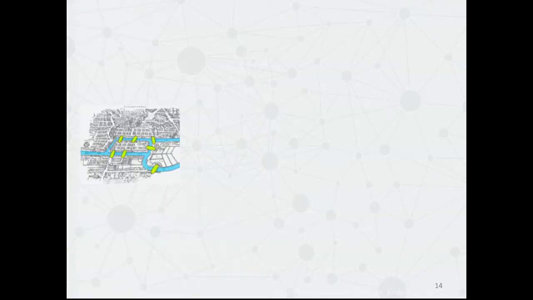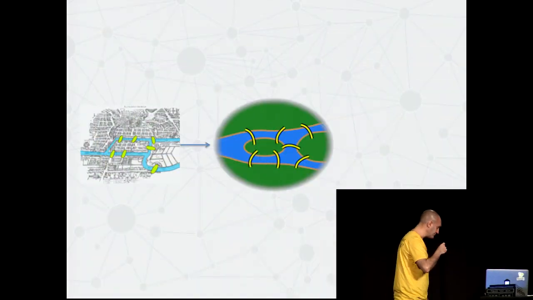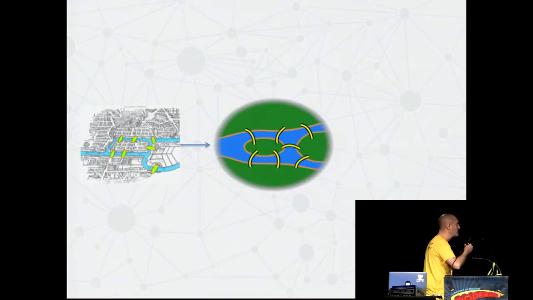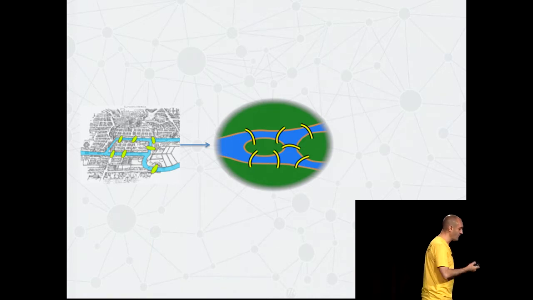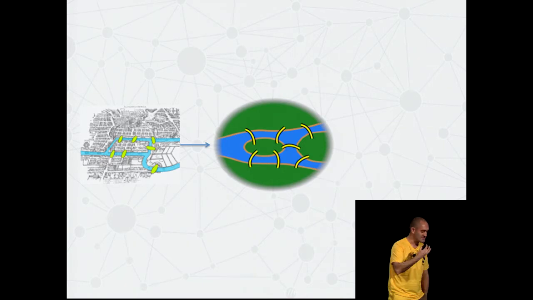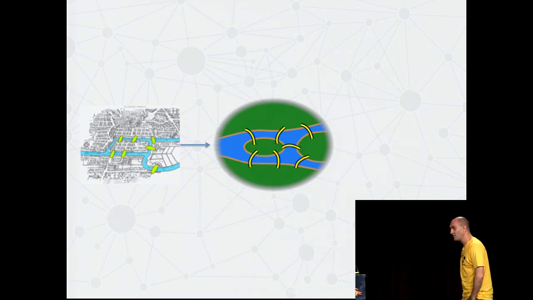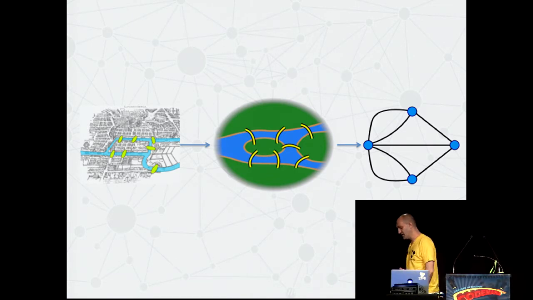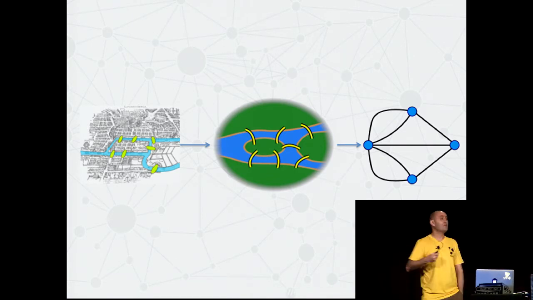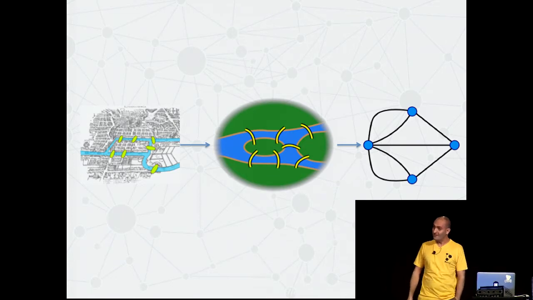And critically, he makes this observation. Much of the problem is nothing to do with bridges. It's nothing to do with towns and land masses and rivers and anything else. The problem is exactly one of stuff being connected to other stuff. So a bunch of the noise of the real world, Euler reduces, and he reduces this problem to its logical state, from which he then generates an executable model, graph theory, which he then uses to solve the problem. This is what we do as software people, right? So Euler's just kind of the first structured systems analysis guy.